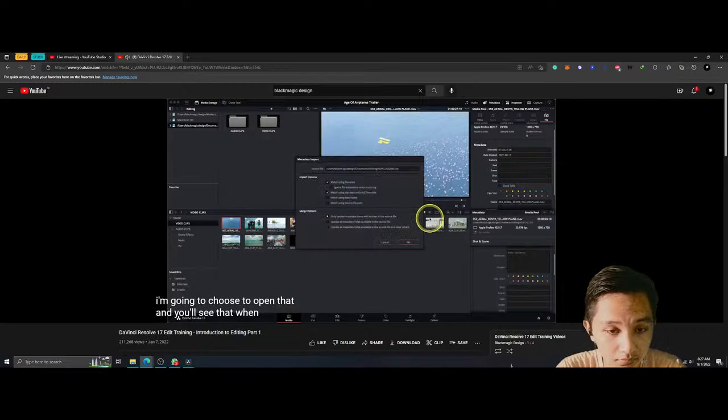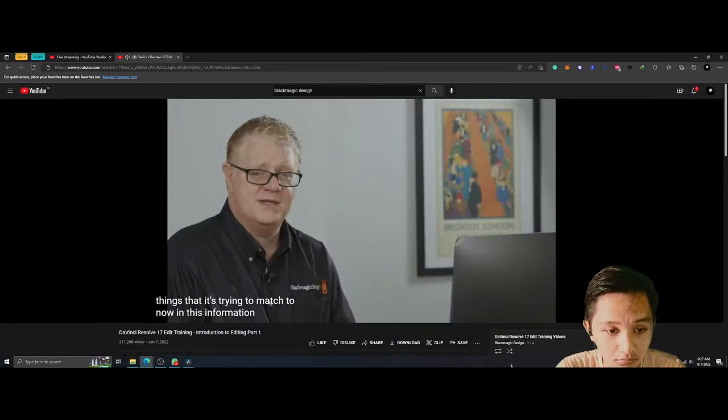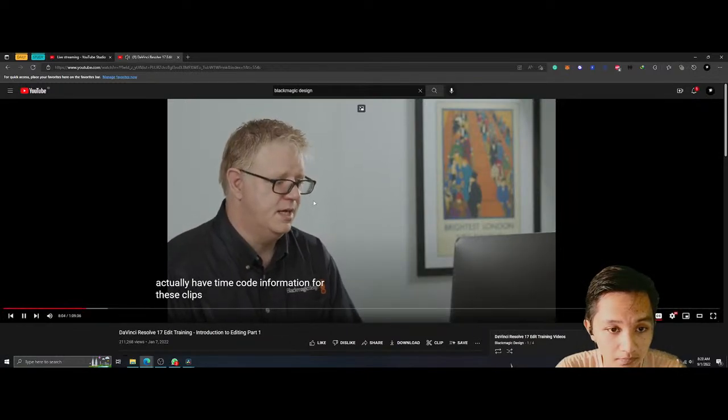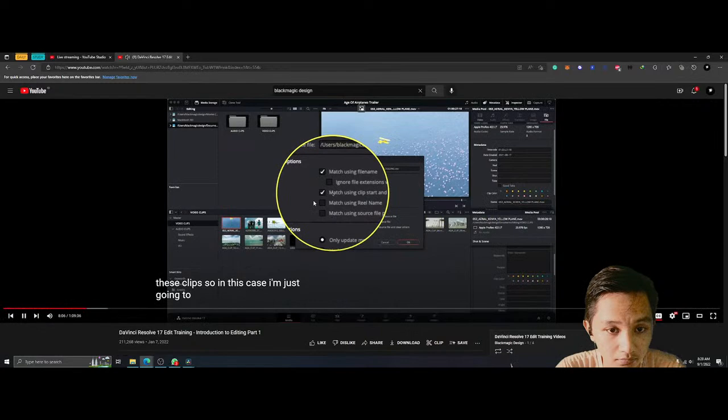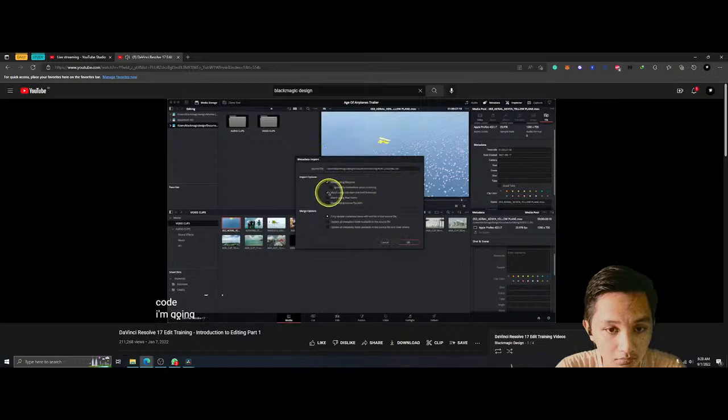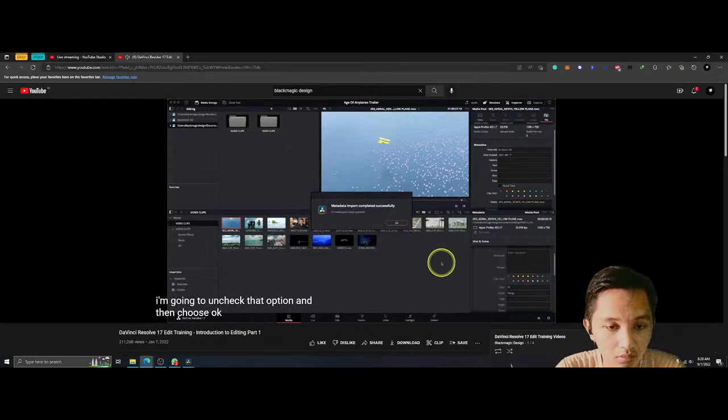And you'll see that when I'm importing this login information, it is also asking me for a series of things that it's trying to match to. Now, in this information, we don't actually have timecode information for these clips. So in this case, I'm just going to uncheck match using clip start and end timecode. I'm going to uncheck that option and then choose OK. And you'll see